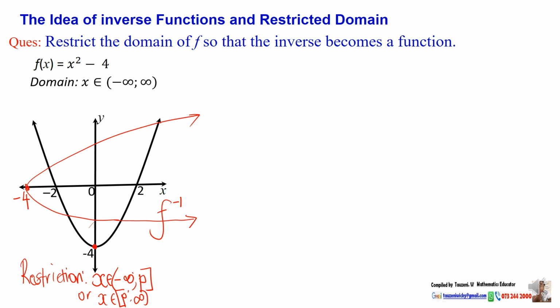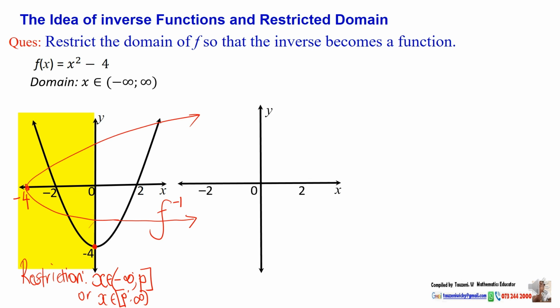This is the restriction. In each case, p represents the x coordinate of the turning point. In place of p, you put the x coordinate of the turning point. So let's say I have this graph here that is indicated. If the graph is restricted and we draw the equation, the graph on a grid, for f of x is